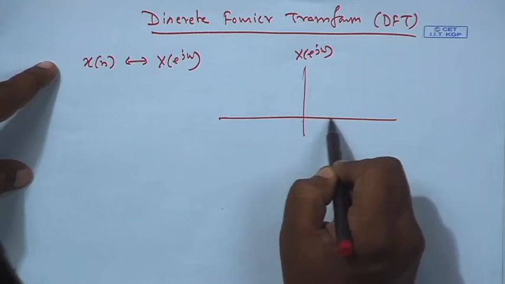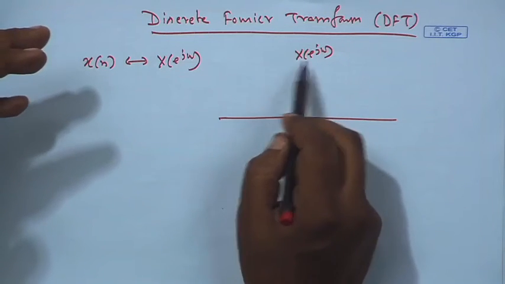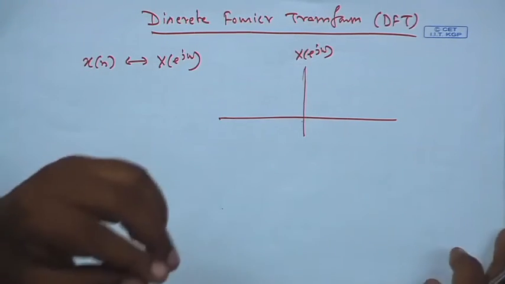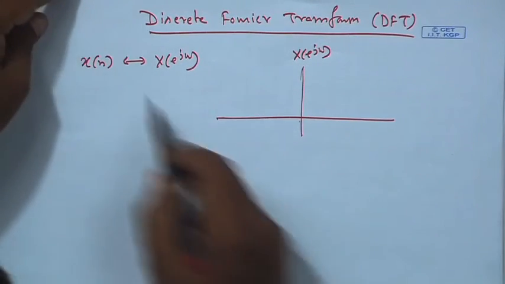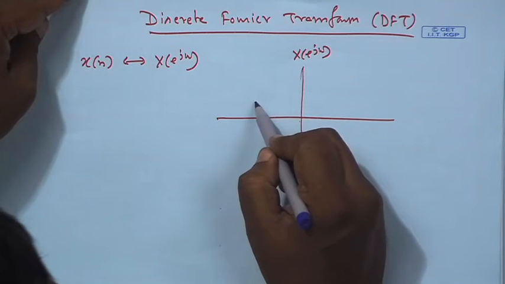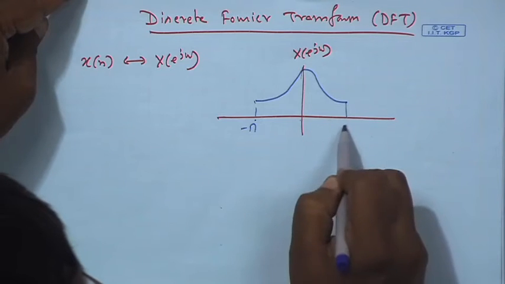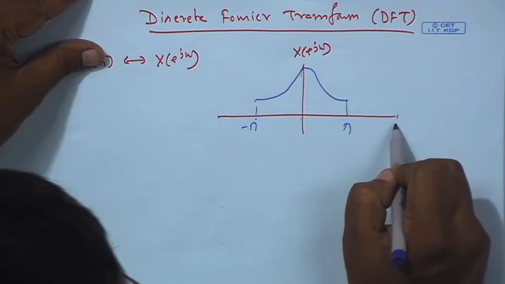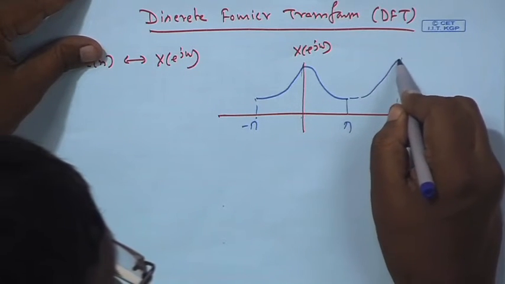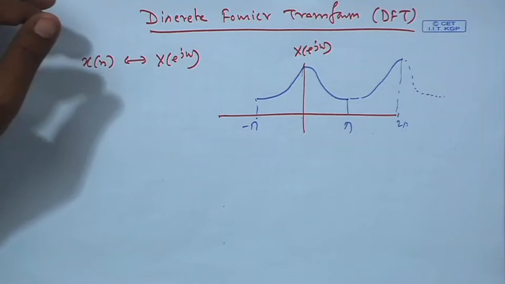Okay. The whole logic will be same if you make separate plots, one the magnitude |X(e^jω)| versus omega, and the phase, the angle of this versus omega, same logic will hold good. Just take it that way. Now, this I know it will be a periodic function, right? It might be like this, from minus pi to pi. So, if you go to 2 pi, same period will continue, same thing will continue here like this, and again here.